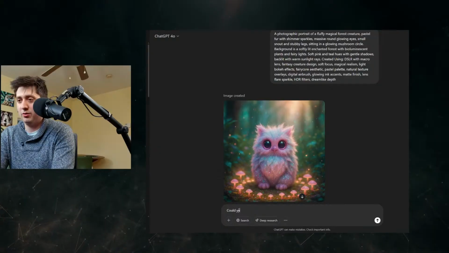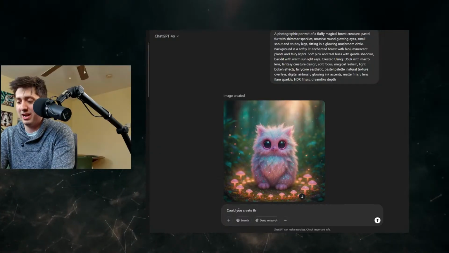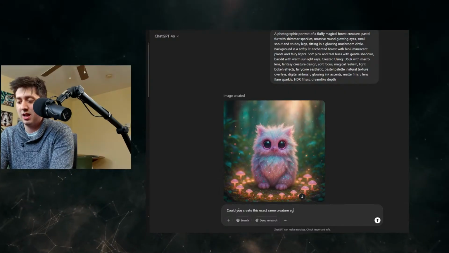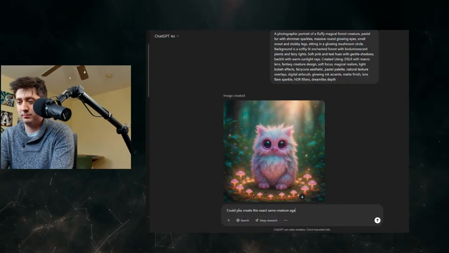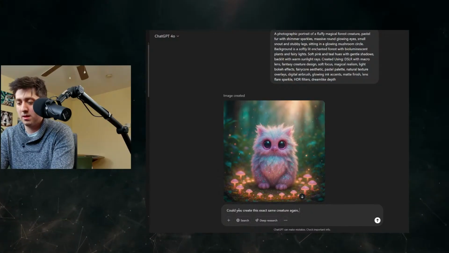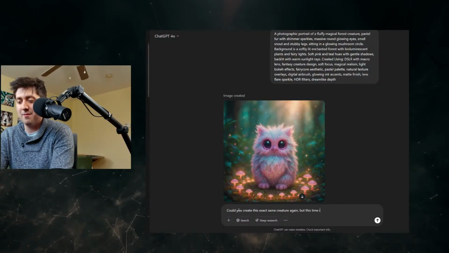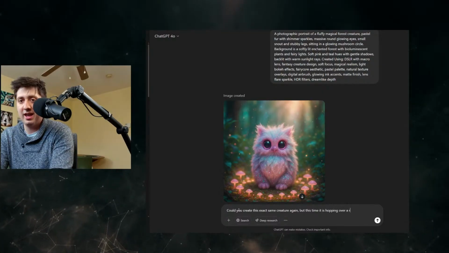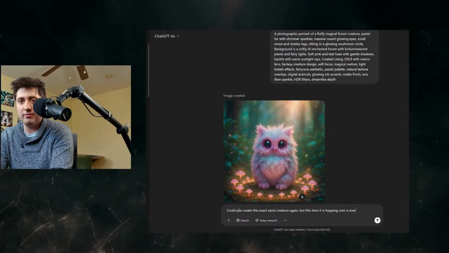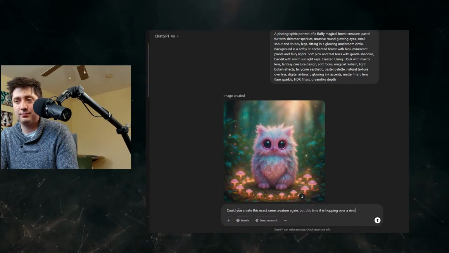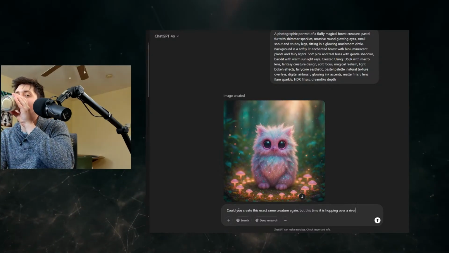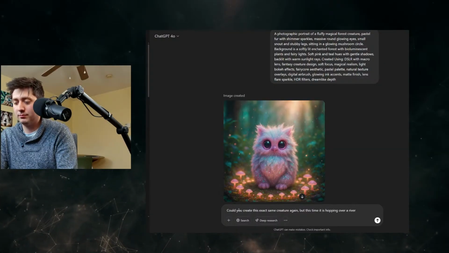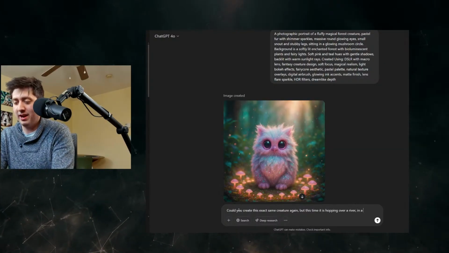Could you create this exact same creature again, but this time it is hopping over a river, in a